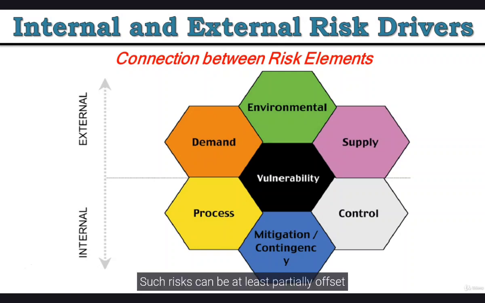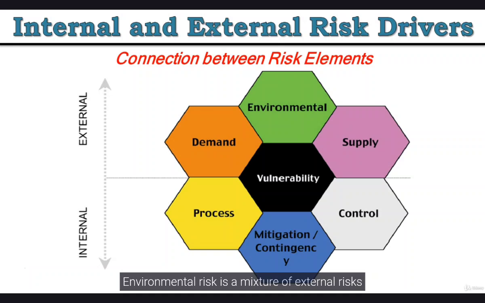Such risks can be at least partially offset by control processes that monitor supplier viability and reliability and that share forecasts and plans with suppliers and gain visibility of their schedules. Mitigation of supply-side risk could include strategic inventory holding, dual sourcing or arrangements to move tooling. Contingency would include the identification of alternative sources of supply and planning for their introduction in the event of failures in the existing base.